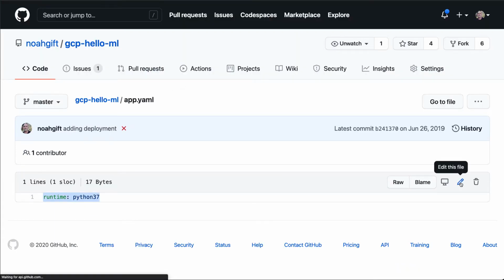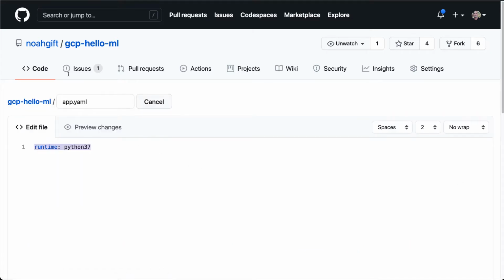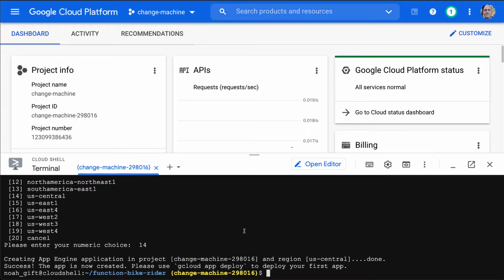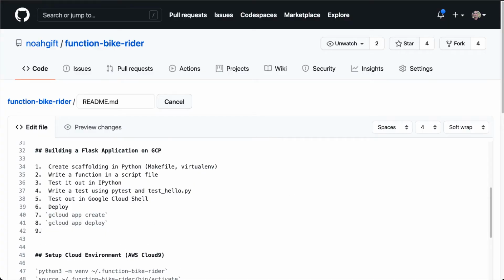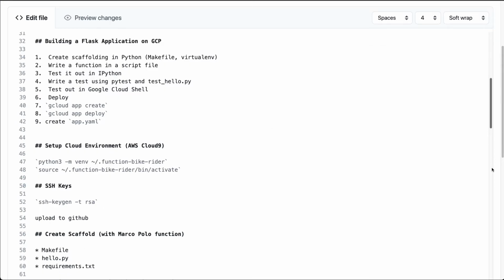So I'm just going to copy this and tweak it. So we need to go here, and you can actually open an editor here if you want. So let's actually do this. We can say create app.yaml,